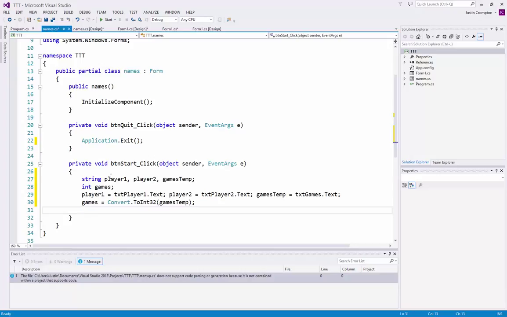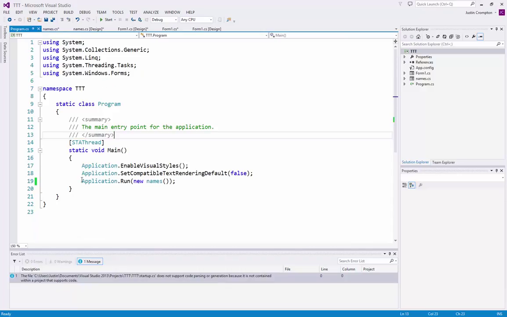Okay, the next thing we need to do is tell C# to start our program not using form 1, but using our names form. Now in VB, we could go to the properties of the program and pick the startup form. It doesn't work that way in C#. We have this other file called Program.cs. If we open it, we see some very basic code. The line we're interested in is right here. Yours will say Application.Run(new Form1());